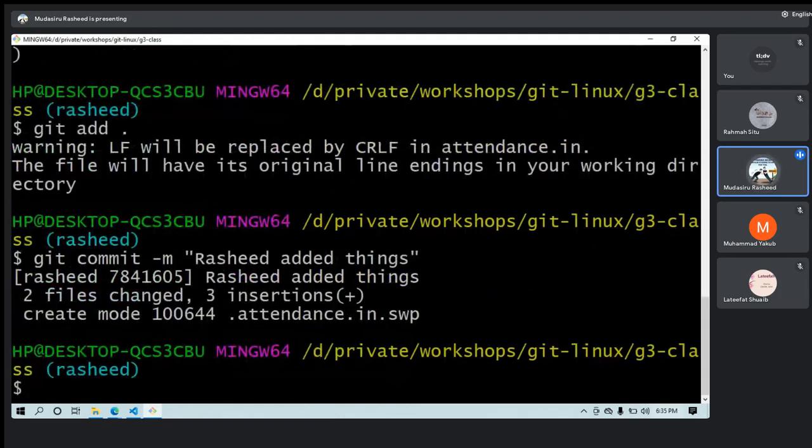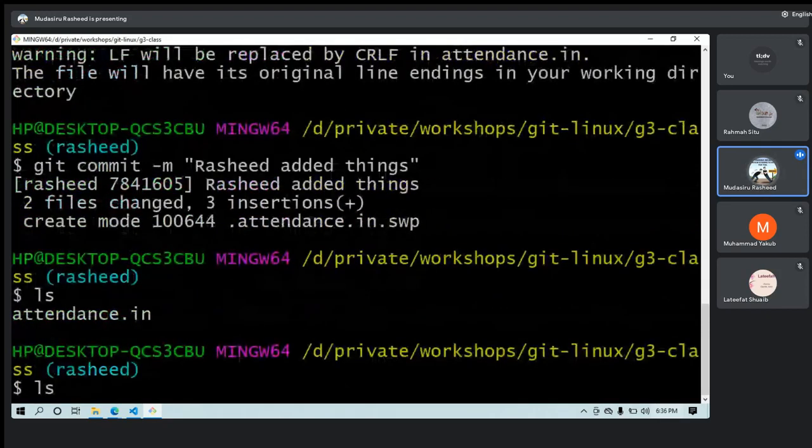Okay, now we need to push it to the online repository. With this, I can say git push. Let's say git push and it's okay. Did I push? Where did I put it? Yeah, let me type git push